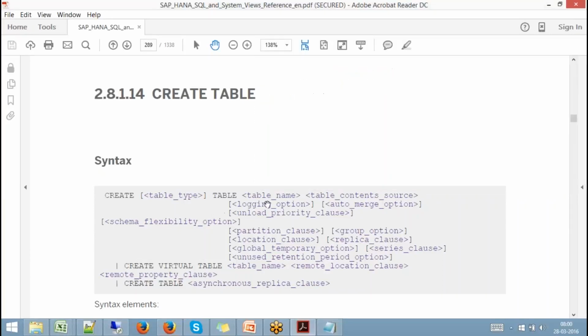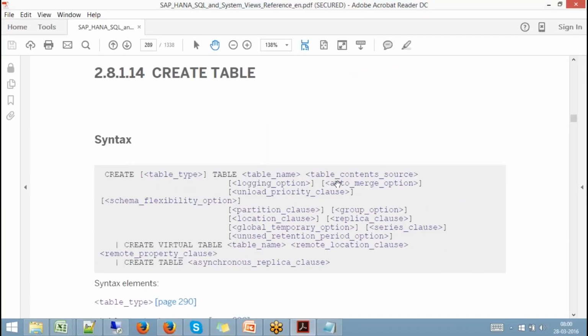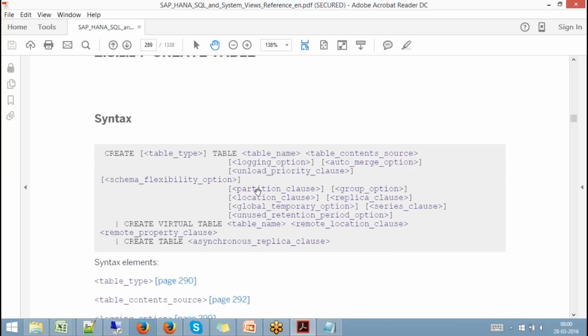You have lots of options while creating a table. There are other parameters like auto merge, partitioning clause, unloading priority, schema flexibility option, unused retention option, global temporary option. We'll have to see that to be more strong in this statement. Okay, but for now,